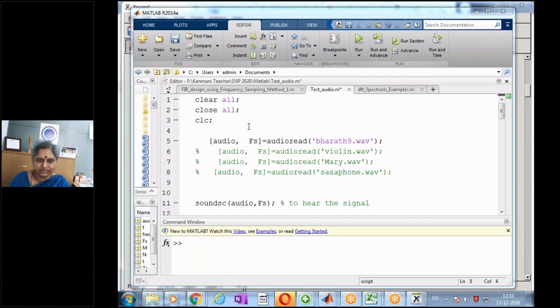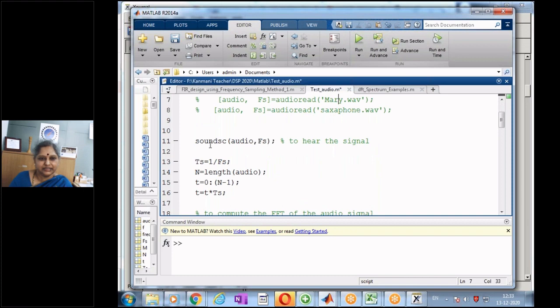So as a first example, let's just quickly walk through the program. Here I have some audio files which have the extension .wav. Using the audioread command, I'm going to read any audio file, and I get my audio data along with the sampling frequency at which the data has been captured. Once I get these two parameters, I read the file. Then if I want to hear it, I just give the same input, the audio data along with the sampling frequency, and I can hear the captured signal.